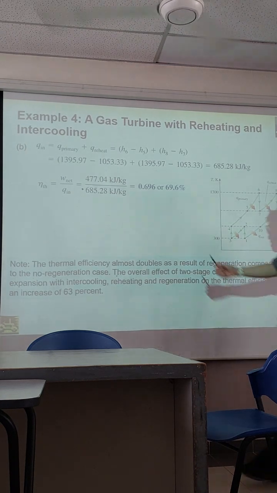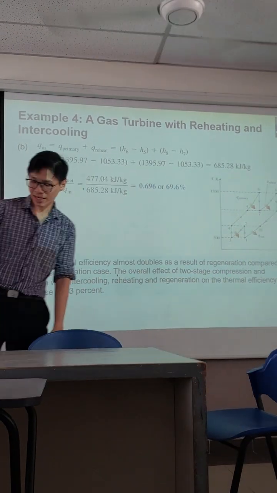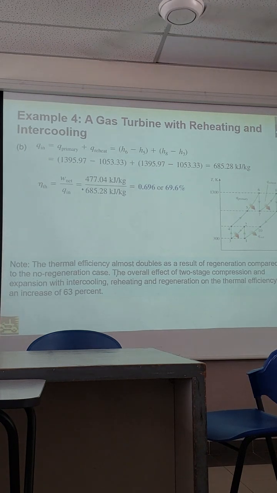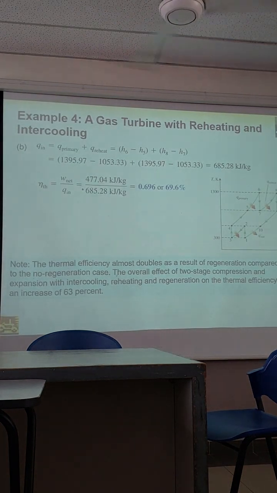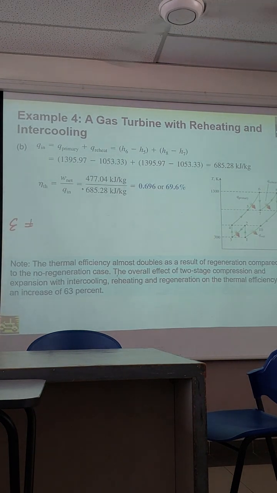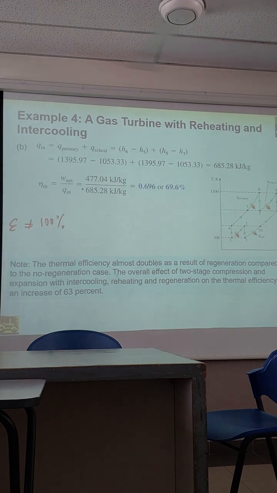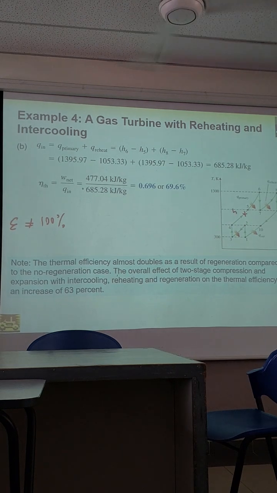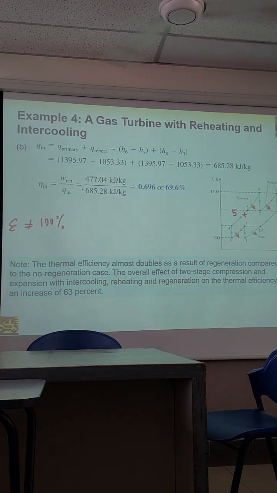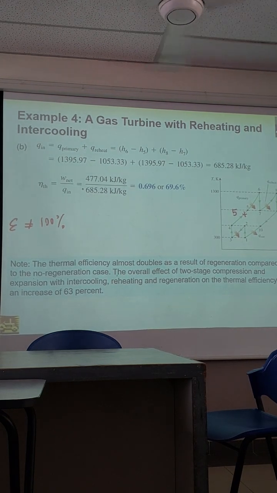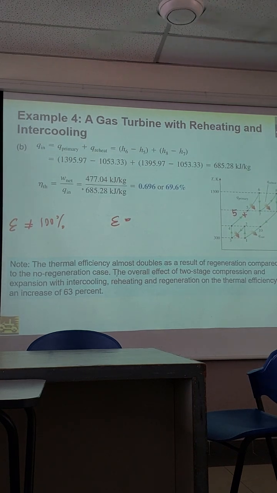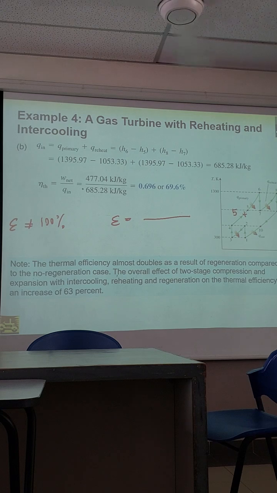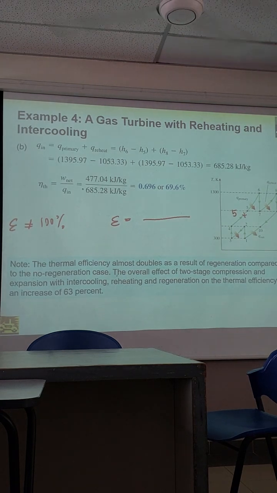Okay, so just something slightly extra here. If the effectiveness is not 100%, okay, so let's say if the regenerator effectiveness is not 100%, then your value 5 will be somewhere here. So then in that case, you need to calculate the new H5 based on the effectiveness equation first. So which is